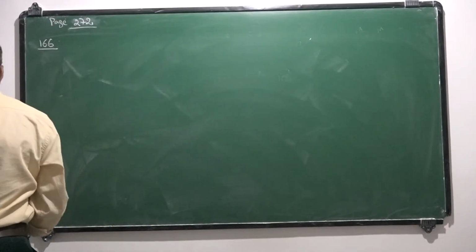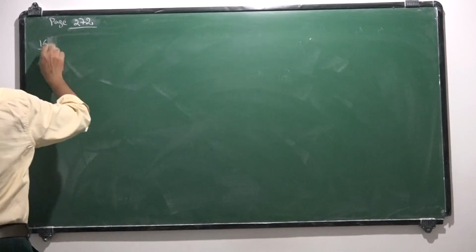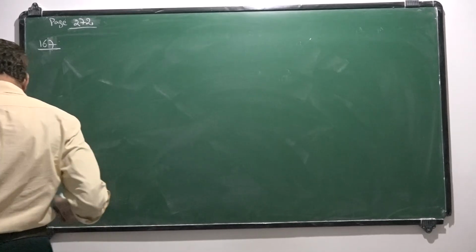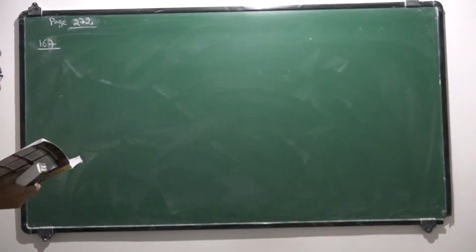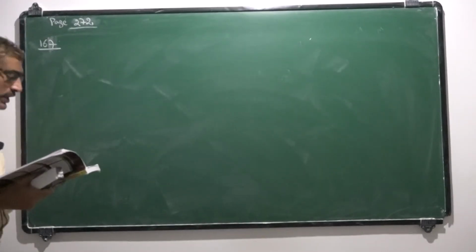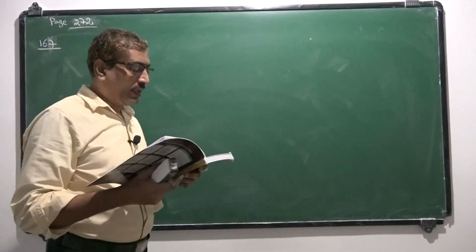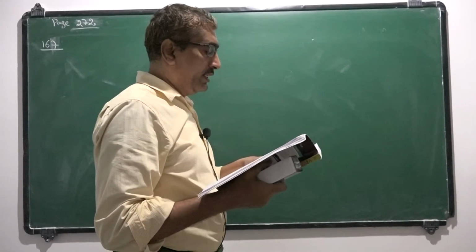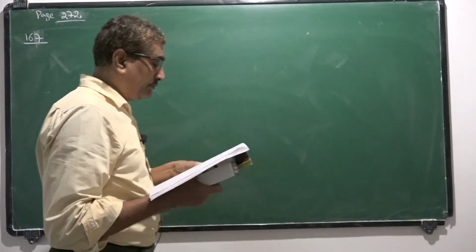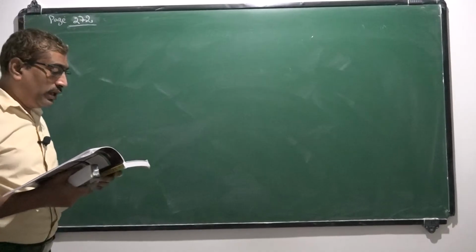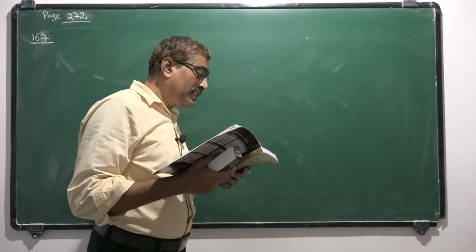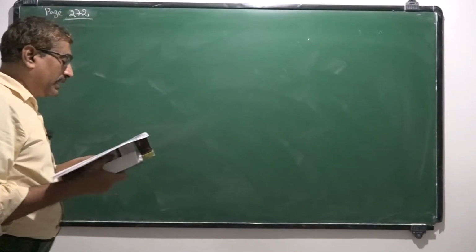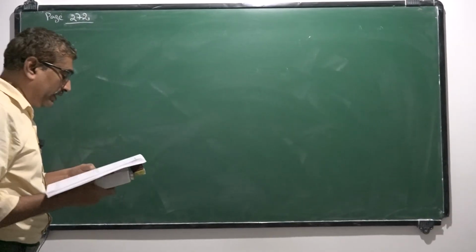Now 167, next one. A cube of wood supporting 200 gram mass just floats in water. When the mass is removed, the cube rises by 1 centimeter. Then the linear dimension of the cube is, okay, a cube of wood supporting 200 gram mass just floats in water. When the mass is removed, the cube rises by 1 centimeter. Then the linear dimension of the cube is,